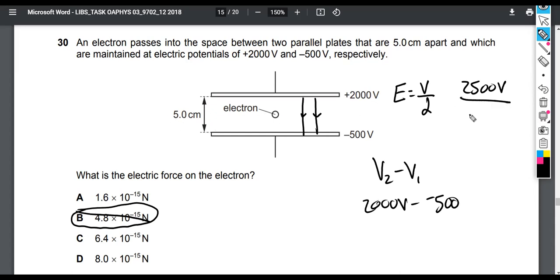Don't forget to convert your centimeters to meters, so 0.05 meters. So this gives us an electric field strength of 50,000. And then a volt per meter is the same thing as a Newton per Coulomb. If we then multiply